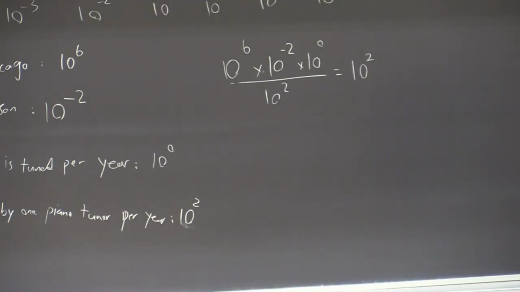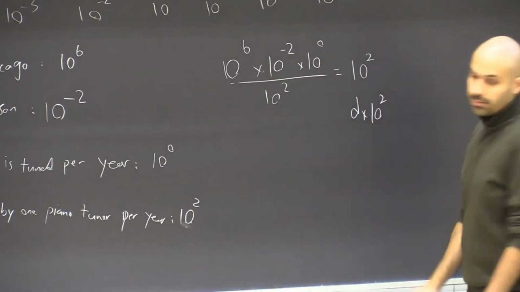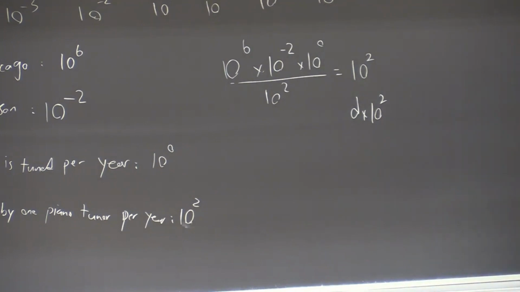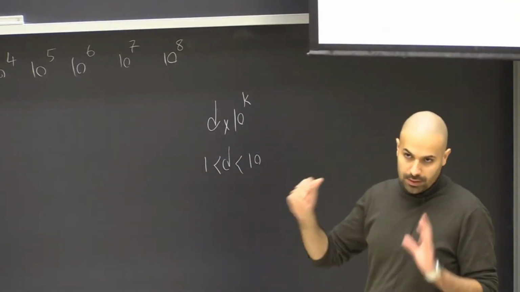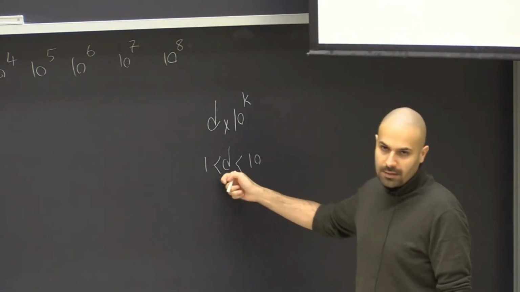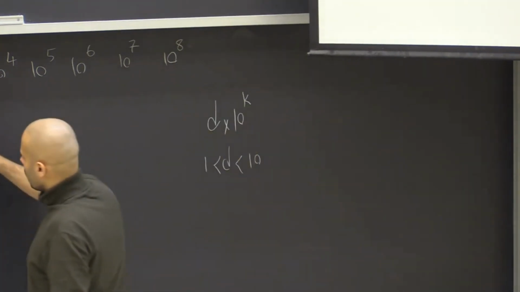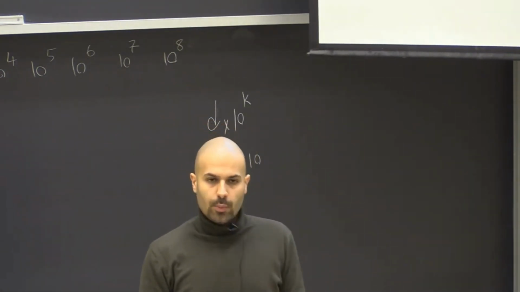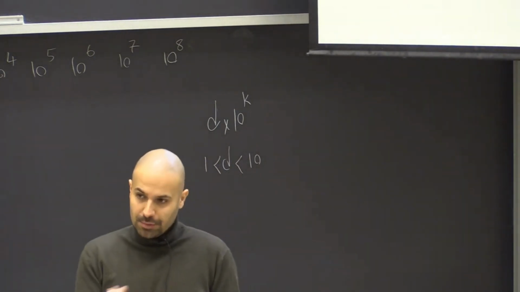So the number of piano tuners in Chicago is some D times 10 to the power of 2. D is some number between these numbers, and the expected value, the average number to think of, is like 5, right? But we don't care about D in this method. We only care about the power of 10. So around 100. So you saw that we came up with some estimate of the number of piano tuners in Chicago